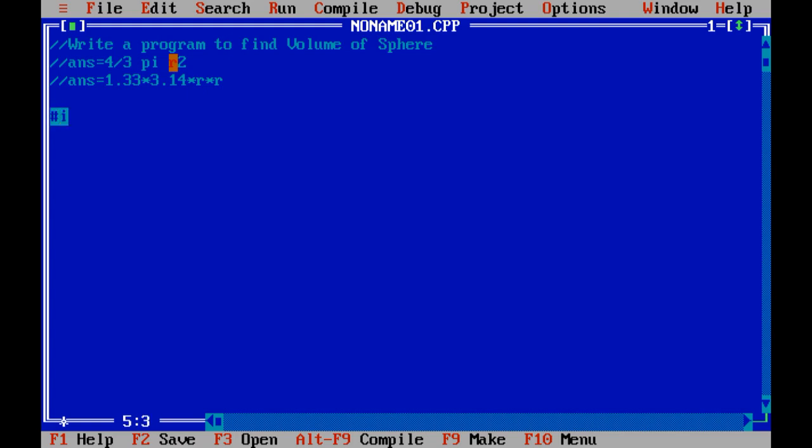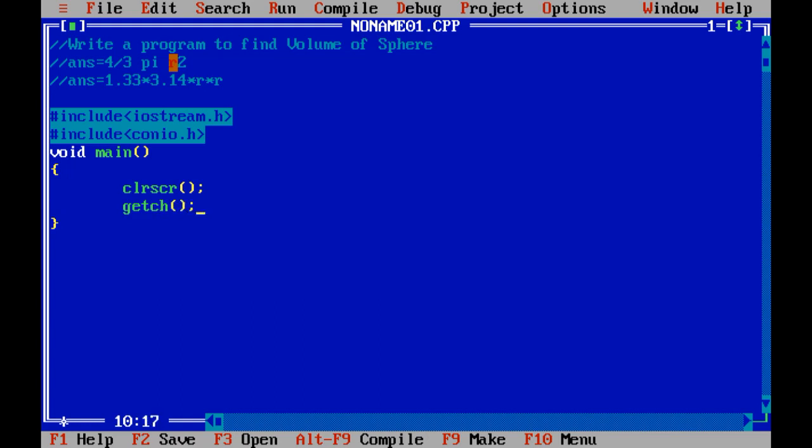So let us include header file over here as #include <iostream.h>. Next is #include <conio.h>, void main, 2 brackets opening and closing, clrscr for clearing screen, getch for waiting on the output screen until any key is pressed by the user.